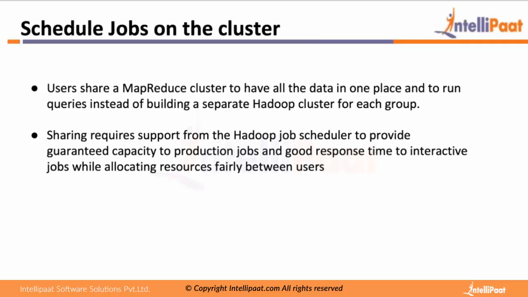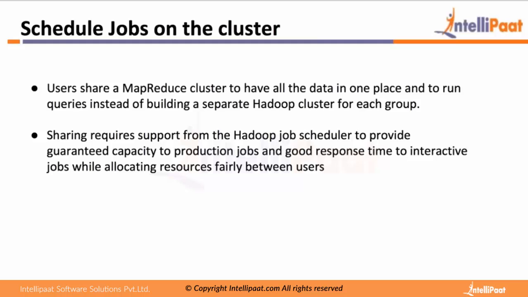Because users are sharing this cluster and submitting all the jobs, there should be a mechanism to make sure that it provides a guaranteed capacity to the production jobs, as well as good response time for interactive jobs. That means smaller jobs should be able to complete fast. That doesn't mean that the longer jobs will keep on waiting. They should also be running, but at the same time, if a smaller job comes, it should have some chance